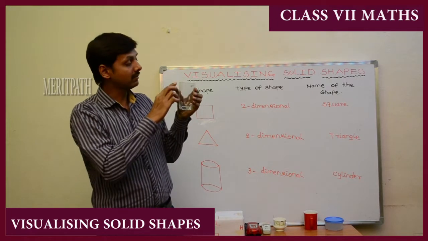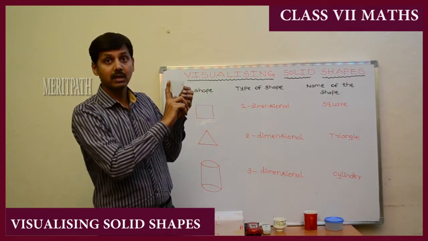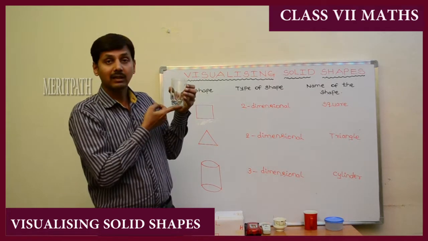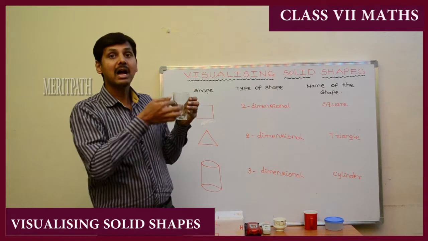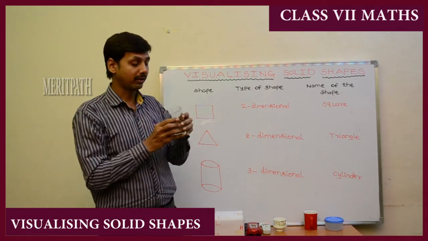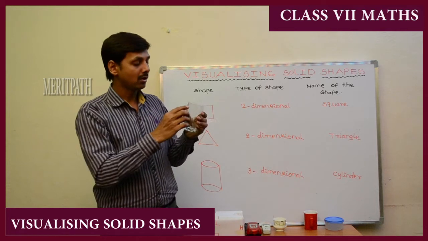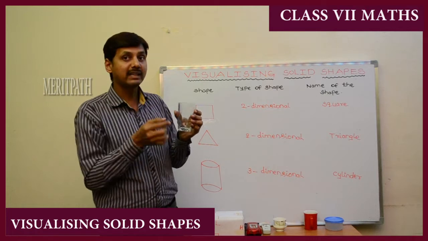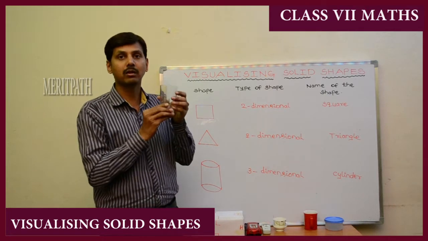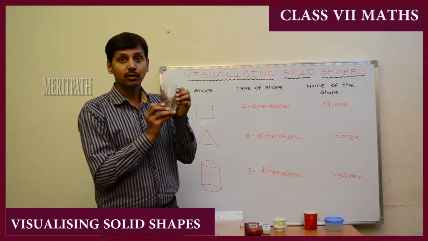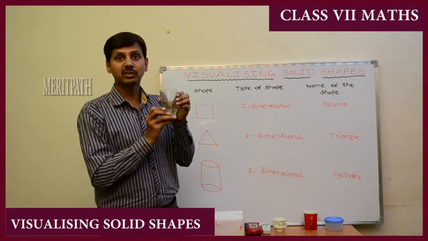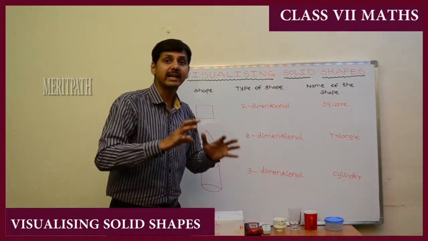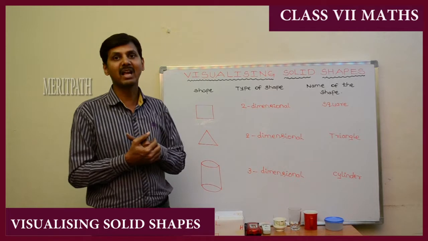Here we have height, from here to here we measure it, and we see what the width is, and what the depth is, the space inside. So height, width and depth, or length, breadth, height, depend on the solid we take. So this is a three-dimensional picture, a glass. This is a cylinder. In this manner we differentiate two-dimensional pictures and three-dimensional pictures.